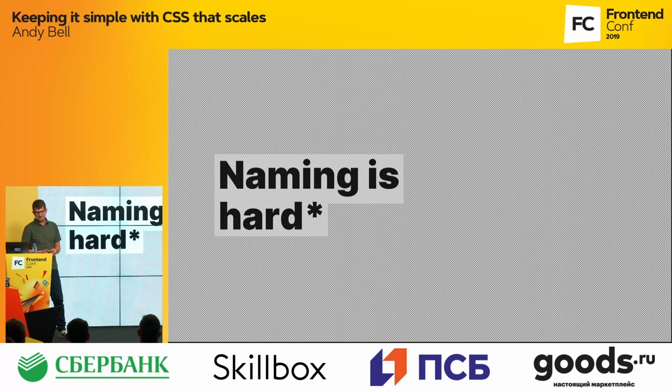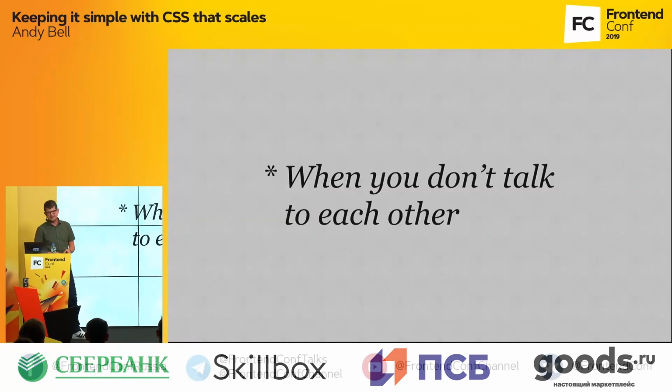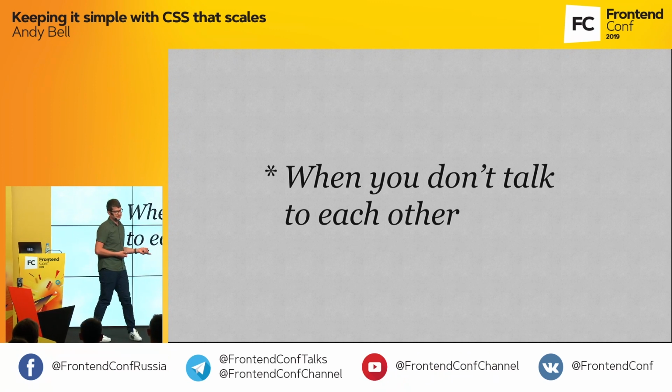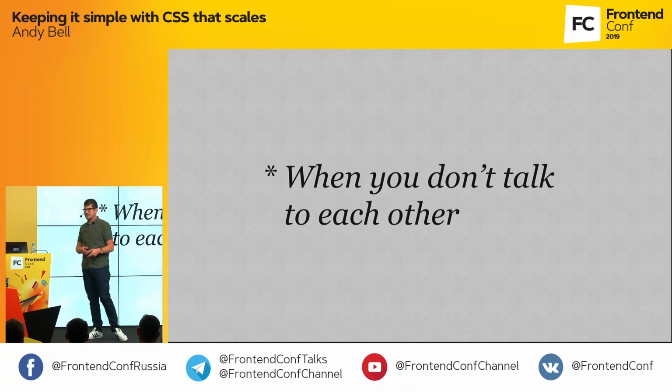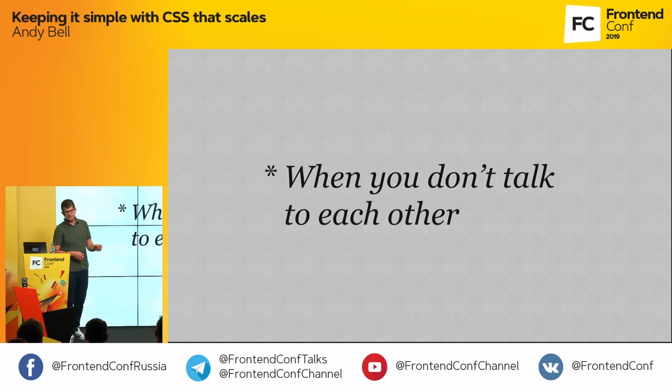And those of you who use Twitter will know that that's how the front end of that site is now built, with generated CSS class names. So naming is only hard, in my opinion, when you don't talk to each other. So do you know how you could get around a naming collision with a component like a human? It's a bit like this.